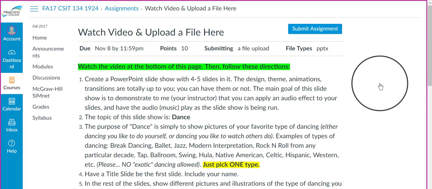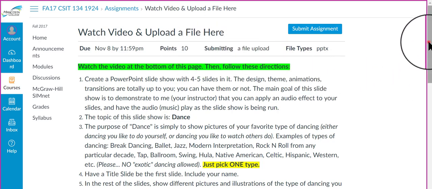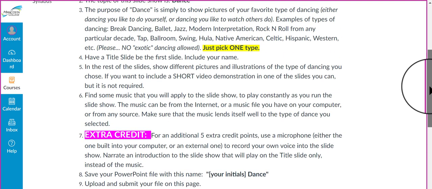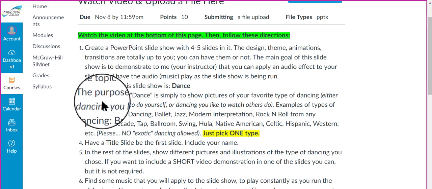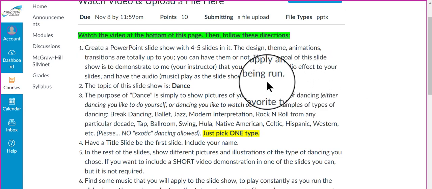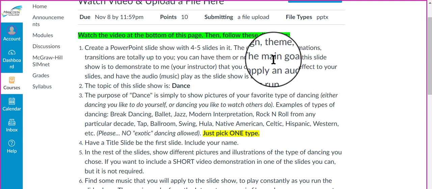This is the next part that is also due by November 8th, also worth 10 points. This is where you're going to watch the video that's down here at the bottom of the page, and then come back to this page and follow these numbered instructions. You're going to create a very short PowerPoint slideshow, no more than 4 to 5 slides. You don't have to do anything fancy as far as designing or themes or